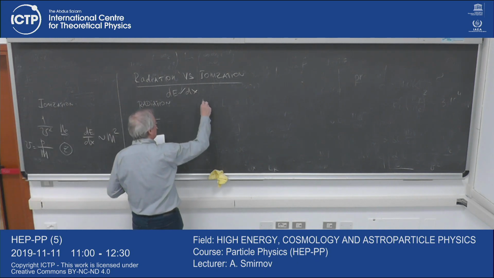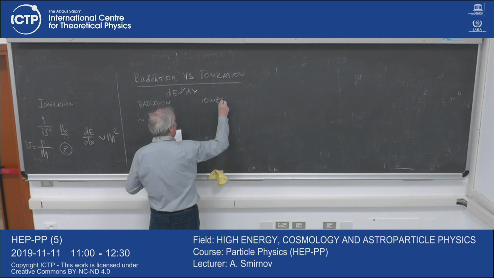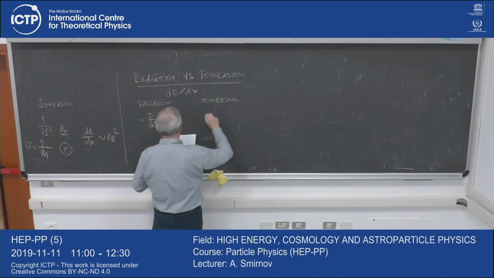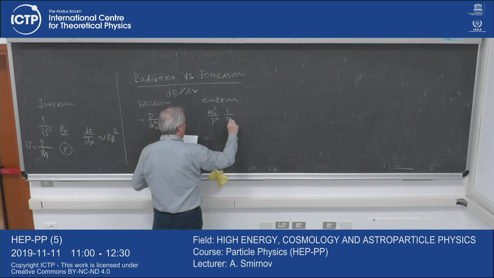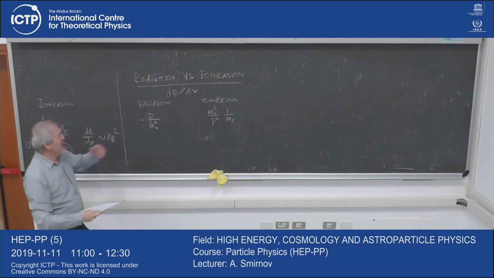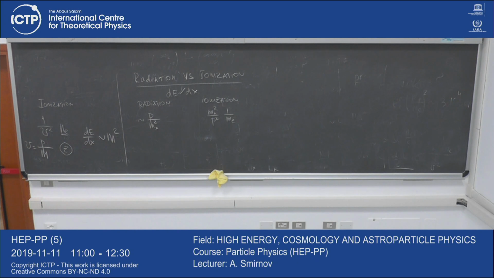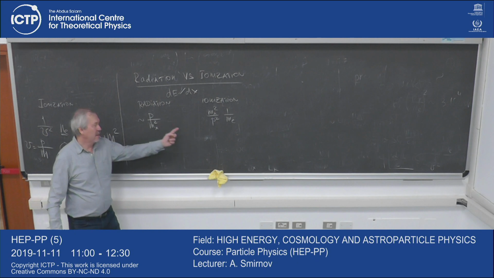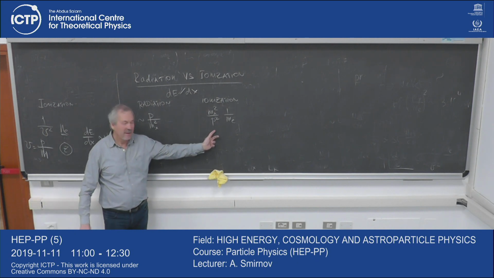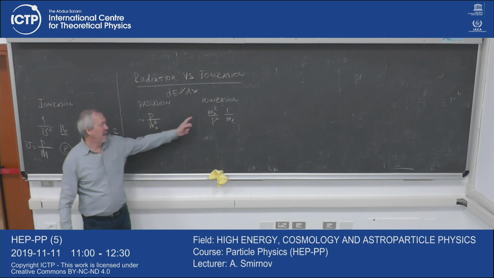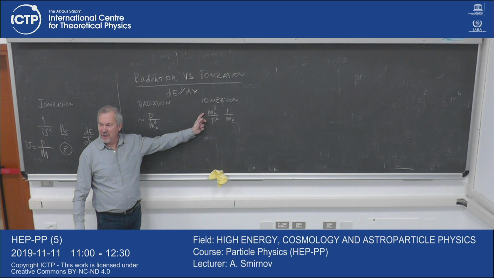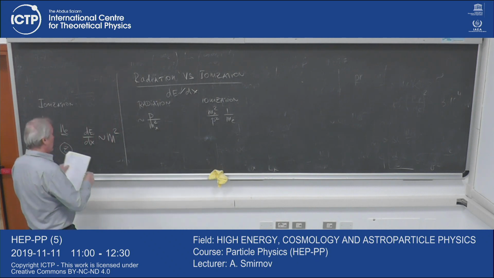In the case of ionization, the dependence is mx squared over p squared, and I will put me in the denominator to have the same dimension for these two things. You see, it's proportional to p here and inversely proportional to p squared here. It's inversely proportional to mx here, and it's proportional to mx squared here. It's different. So which means that